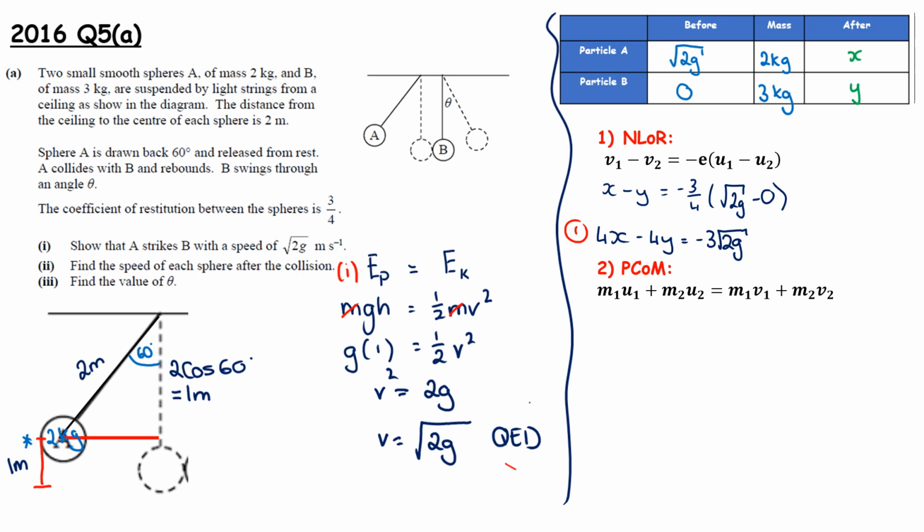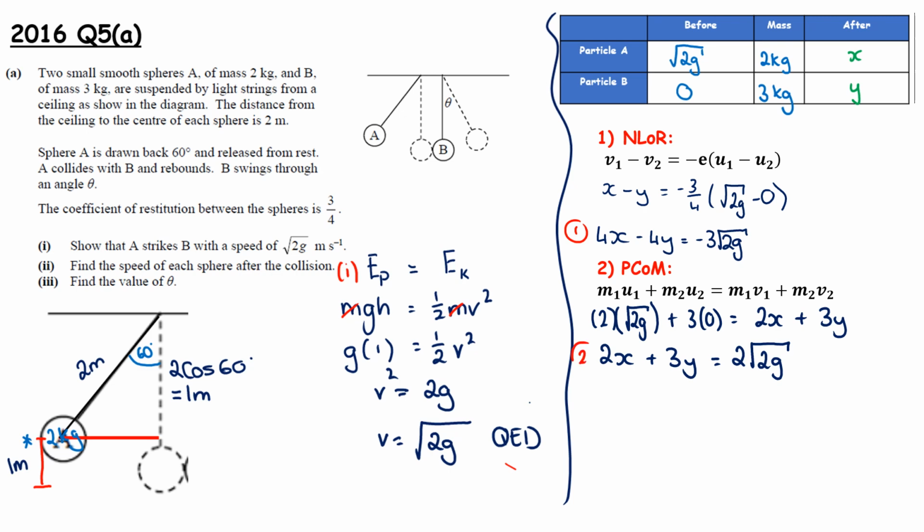Then we're going to look at the principle of conservation of momentum. So we have 2 times root 2g plus 3 times 0 is equal to 2x plus 3y. So cleaning that up, we get 2x plus 3y is equal to 2 square root of 2g,